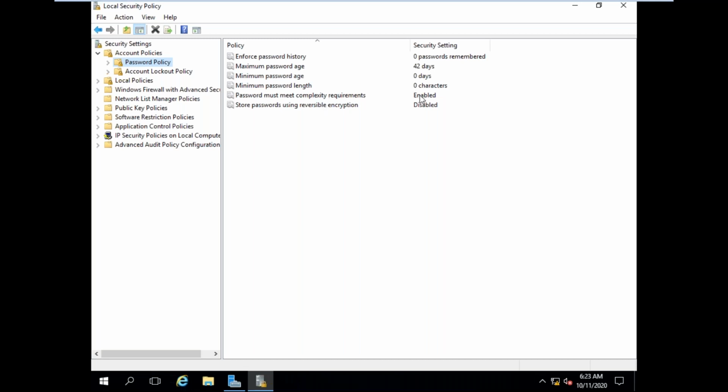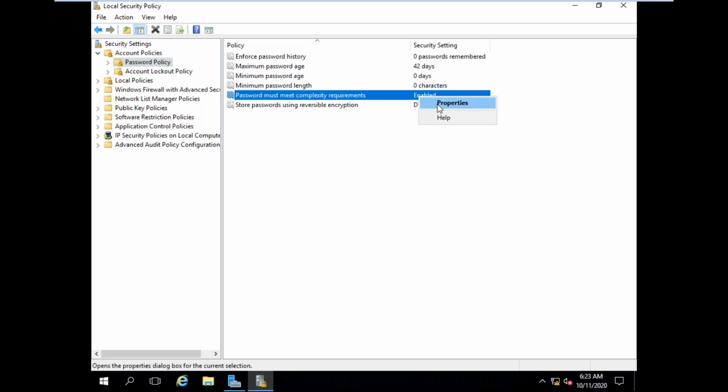Earlier when I created a user account, I gave just a small password, but it gave the message that the password does not meet the requirements. Password complexity requires one capital letter, one special character, and one numerical character. But if you disable it, you can create the user account even without a password.